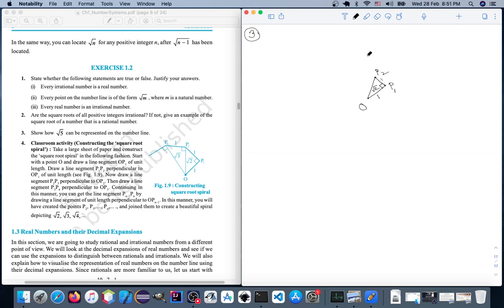What we then do again, with OP2 as base, we draw a perpendicular on OP2 of unit length. Let this be P3. This point is P3. P3P2 is perpendicular to the line OP2, and this P3P2 is of unit length. So again, by Pythagoras theorem,